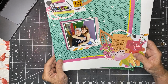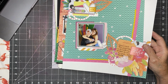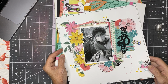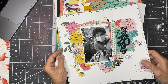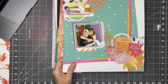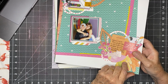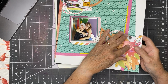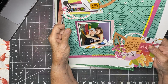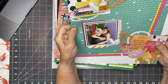Okay, this was my second Stash Bash Palooza, and Stash Bash Palooza tells you that everything on it is old stash. I think the only thing on this page that was even close to new was the white cardstock. All of these flowers were fussy cut from the scraps in my How to Kill a Kit with Style kit. And everything on here. These are a different page of fussy cut flowers. This is another Heidi Swap embellishment chipboard sticker sheet. These two leaves were cuts from a Creative Cuts file. So were these circle rings,